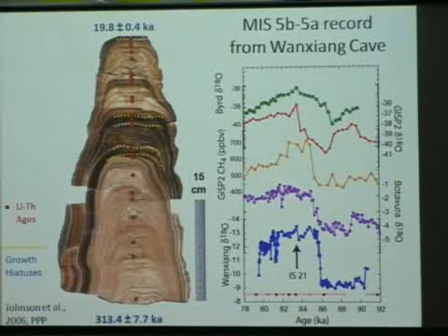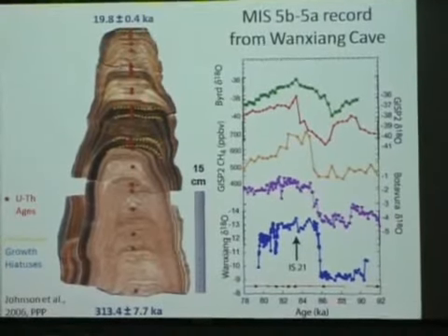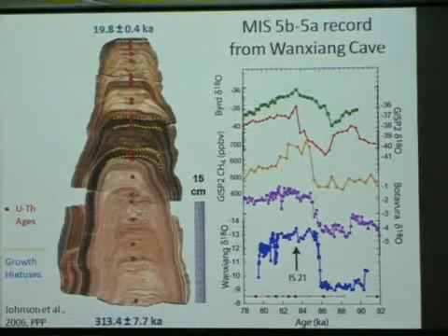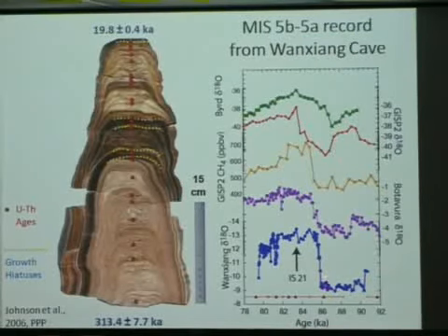Just to show you one of the records in detail of an abrupt event, one of these abrupt warmings, as shown in this speleothem from Heshang Cave. This section up here is where this data is from, which is during marine isotope stage 5B and 5A, sort of the last bit of the last interglacial period, characterized by this fairly abrupt warming around 86,000 years ago. And you can see that warming in the Greenland ice core record, and even in Antarctic ice cores somewhat, although the timing of this part is a bit uncertain in the ice core records.